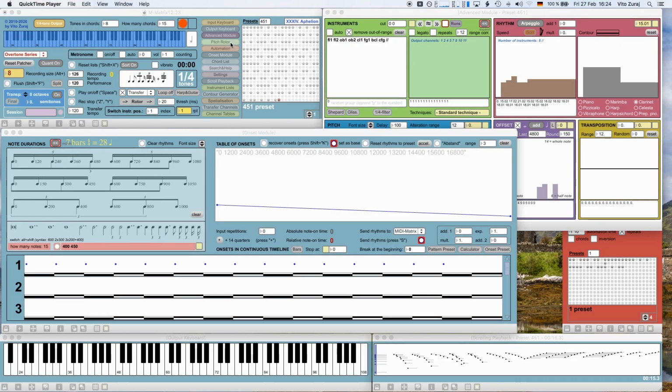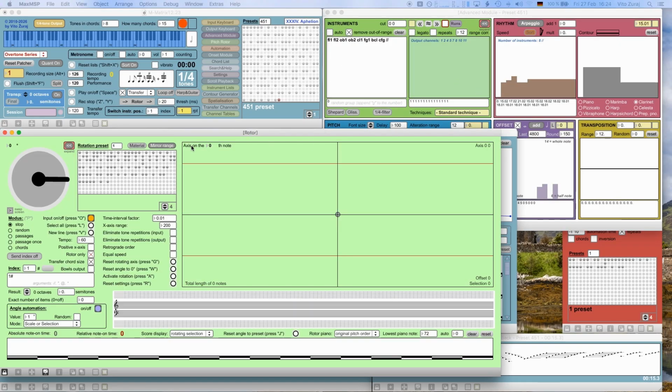So basically this pitch rotor would be the first module I programmed, and these are the basic things I programmed when I was still in Dresden. And there's another algorithm, but this one, my idea was,